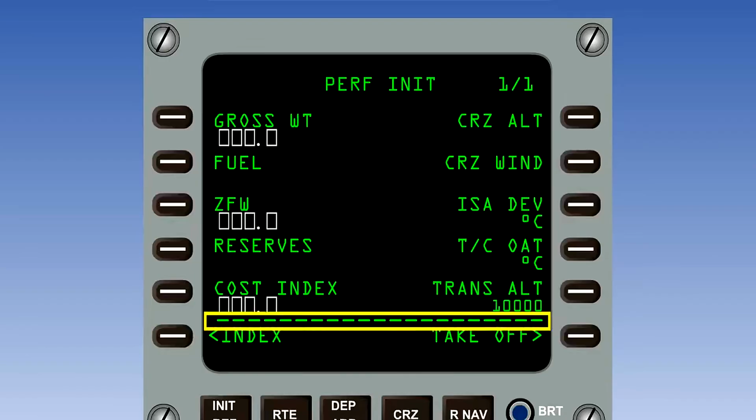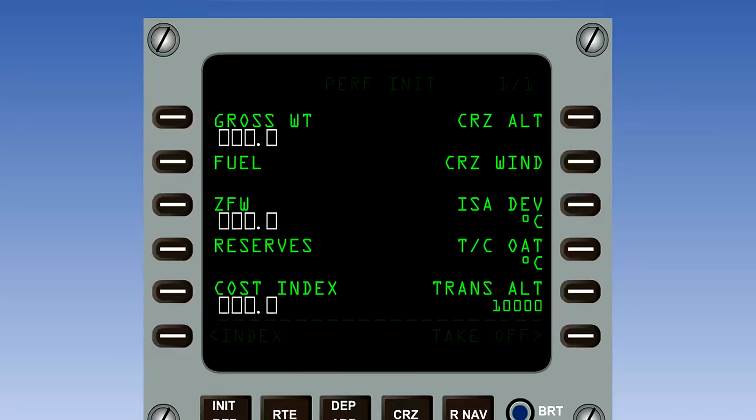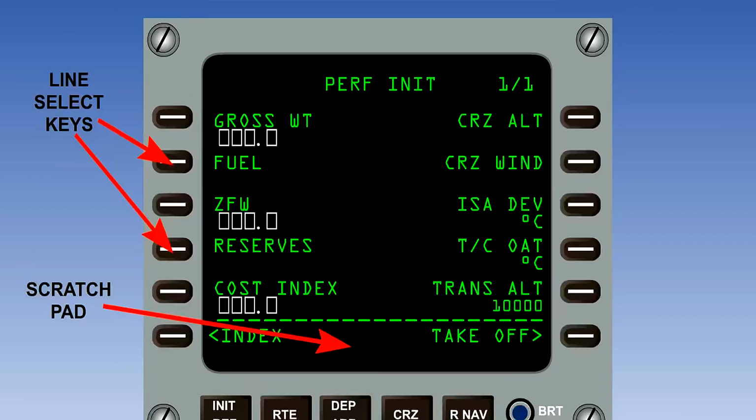Above the line we have the fields. These are specifically for data entry and are used in connection with the line select keys. Below the line we have the scratch pad. As the name suggests, it is where we make draft entries and check them before we commit them into the computer.